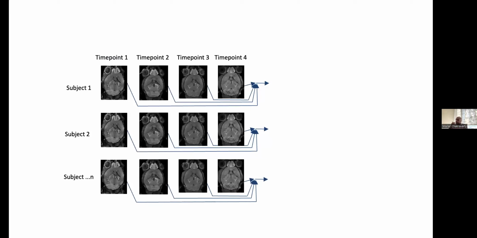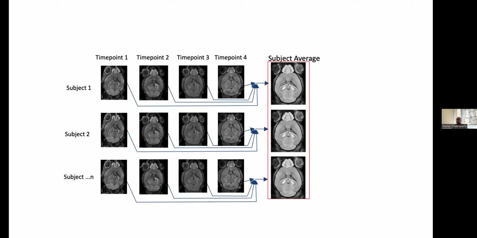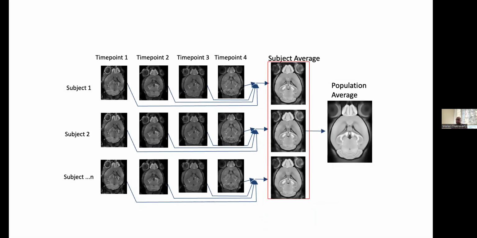But in our case, in these dense longitudinal samples, or any longitudinal sample, really, we can model growth or change in a single brain over time. And this is something I'll be coming back to over and over again in the talk, where we use nonlinear registration to create subject-specific averages that are sensitive to within-subject change over time, which are then warped to a consensus average where we do our statistics.